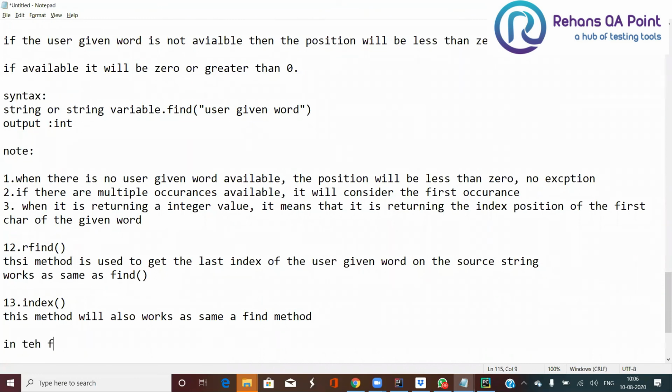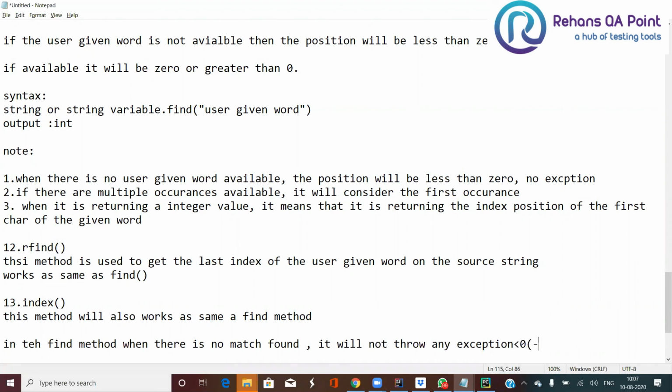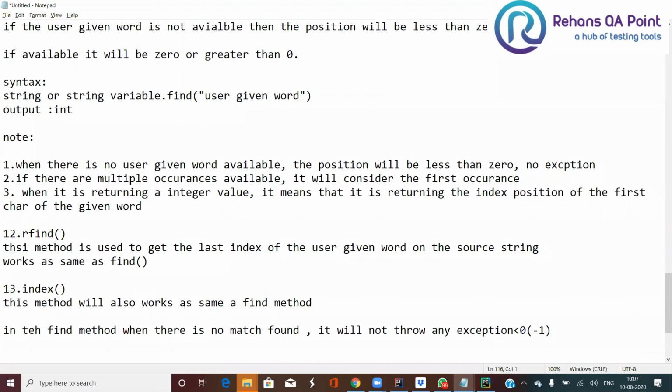In the find method, when there is no match found, it will not throw any exception. It never throws any exception. We'll be getting less than 0 values, probably -1, a negative value.